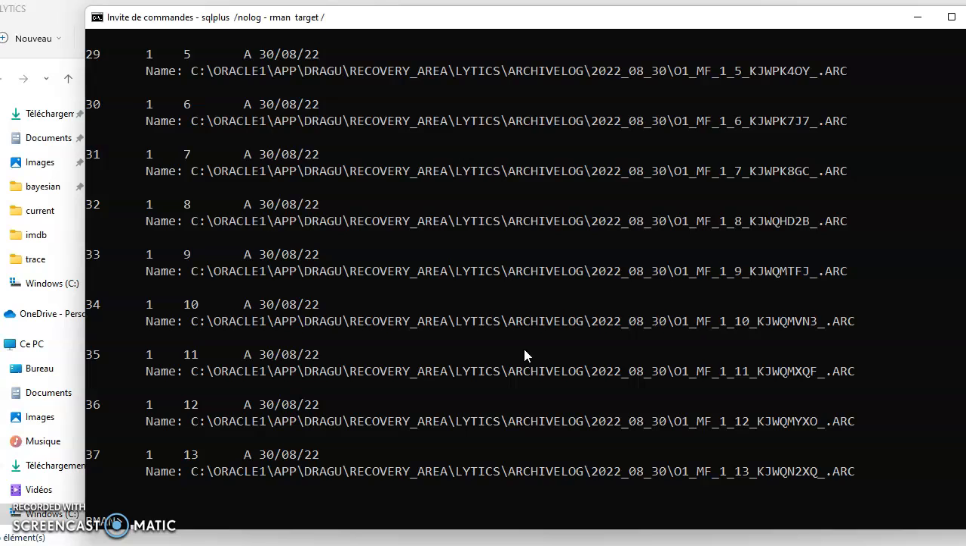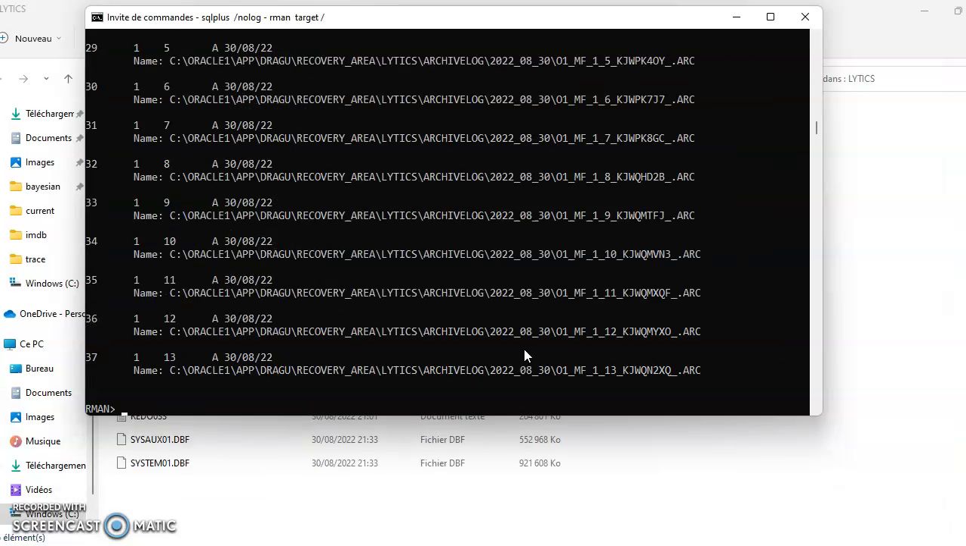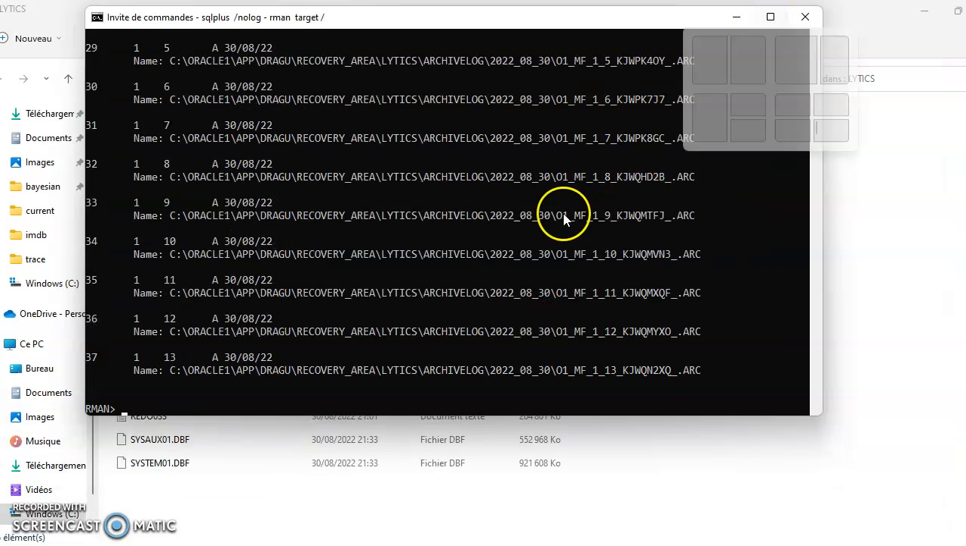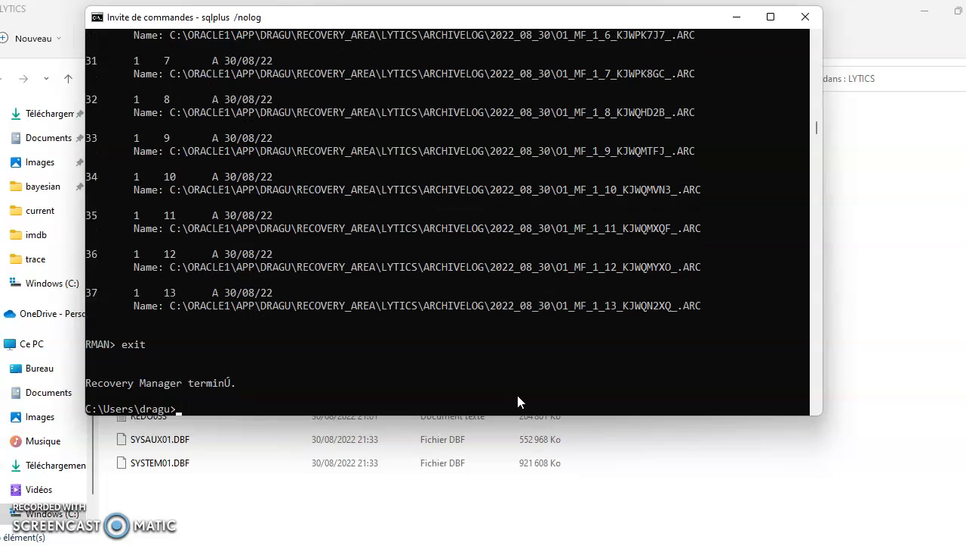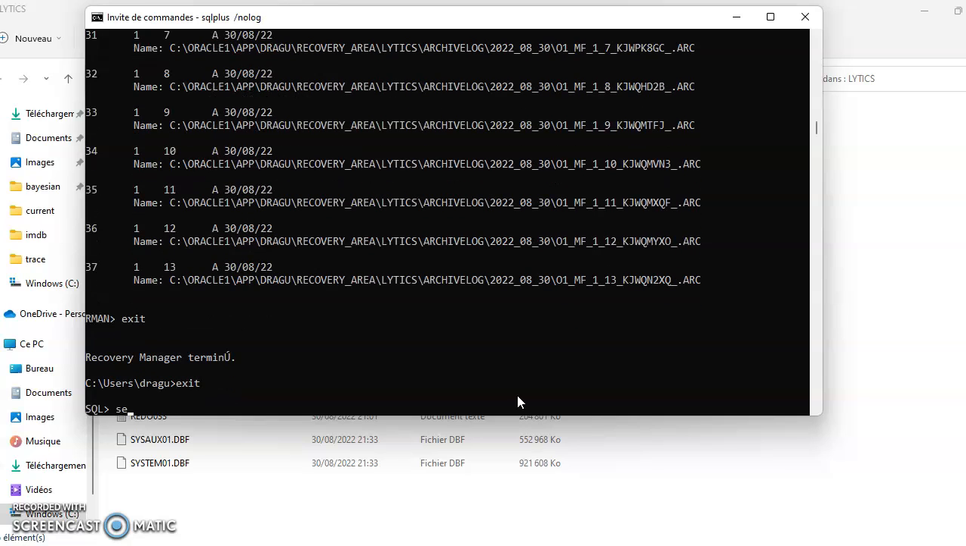So let's see what we can do. We will take the last one. But there are several ways to do it. Okay, we can take the last one, the 37, for example. If we do list, not a better piece, we better go back to SQL Plus. And of course, if we do